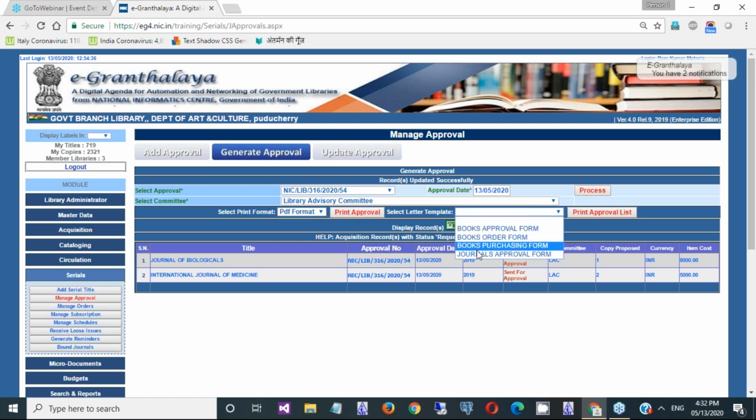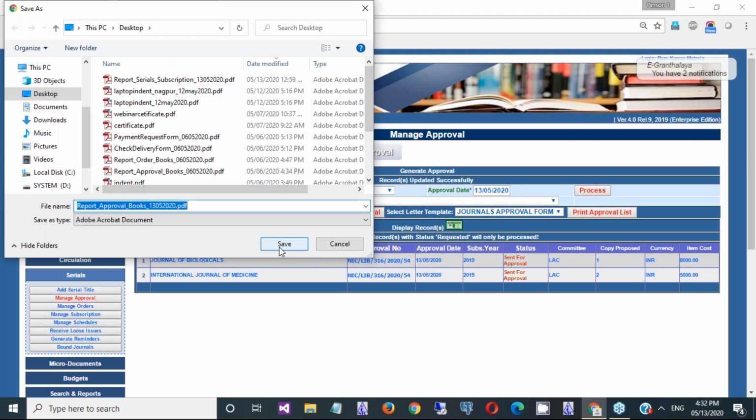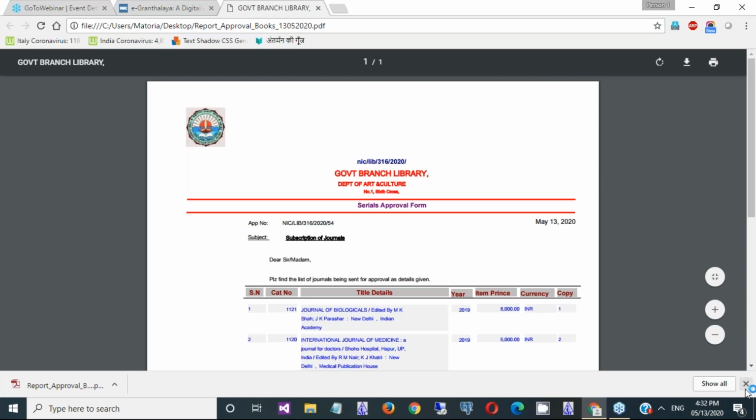For that you need to select that approval, general approval form, which we have recently added in master, and press this print button. You can generate the approval form in PDF format or in doc format. Then take the print, duly sign it and send to the committee.